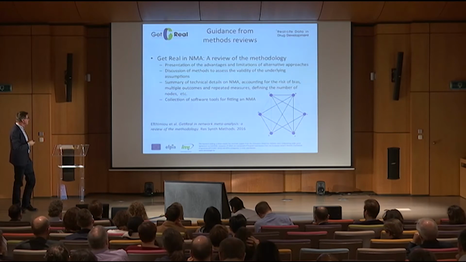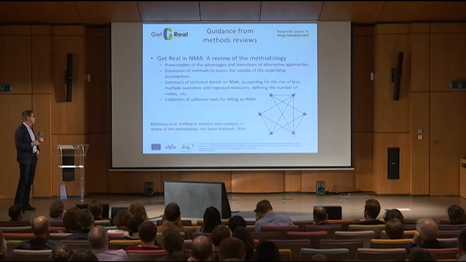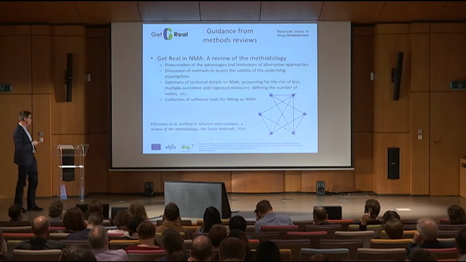And this is really a discussion of network meta-analysis, and of course the authors are some of the real leading experts on that topic. They address issues like, how can we account for the risk of bias in a network meta-analysis? How can we take into account that some studies will have produced more or less reliable estimates? How can we deal with multiple outcomes, repeated measures? How should we define the number of nodes in a network, etc.? And there's also a review of software tools for fitting a network meta-analysis in addition to the software package I